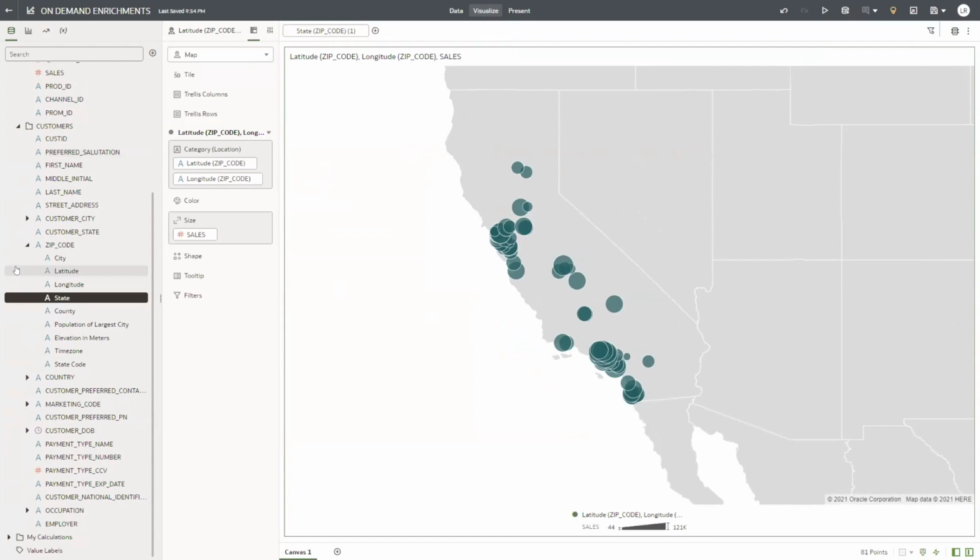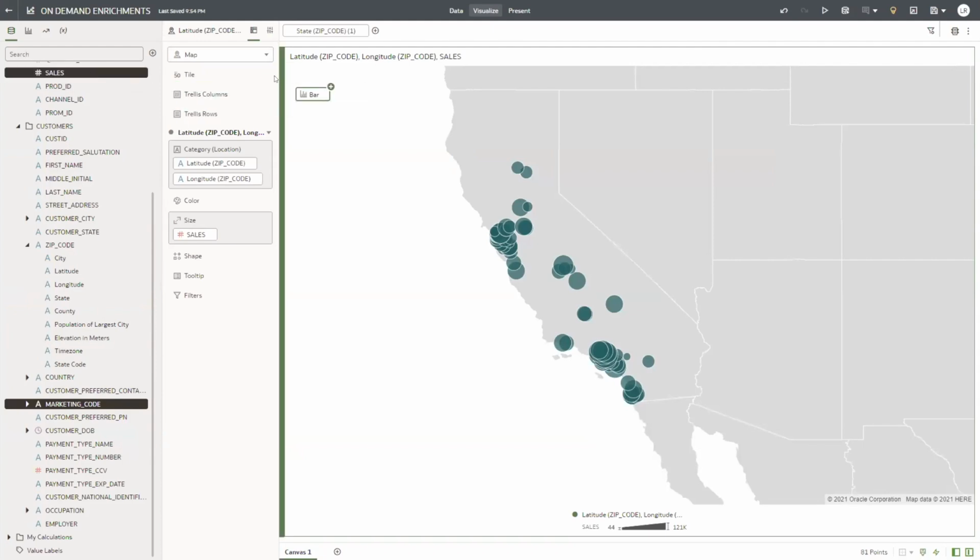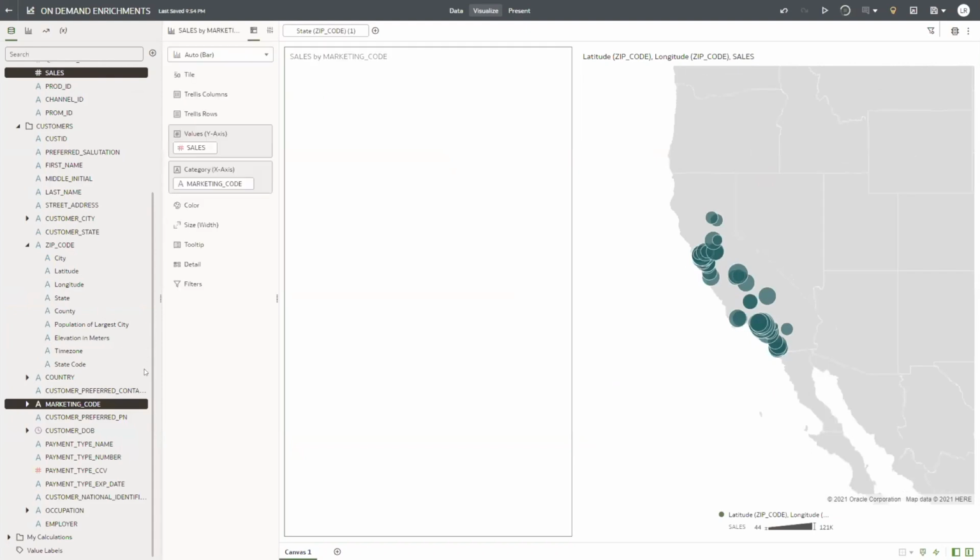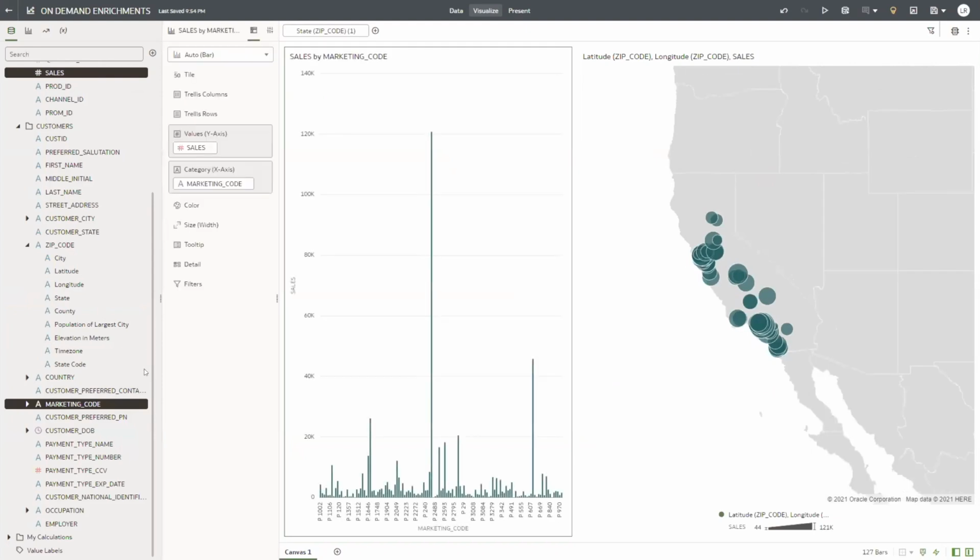And we're guiding the user to enrich with particular data sets that have been curated. Another example is custom knowledge. An example of custom knowledge is I have a marketing code. And let's say that as a user, I want to create sales by marketing code. So I'll start there. I'll bring over marketing code and I get a granular analysis of sales by marketing code. But if I see the little toggle here, if I open it,